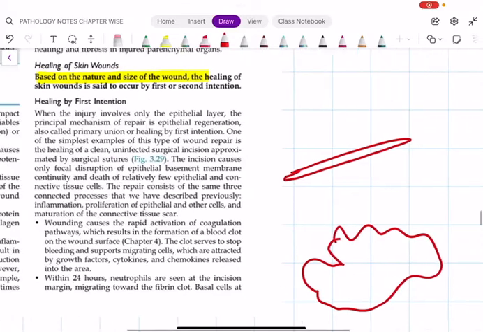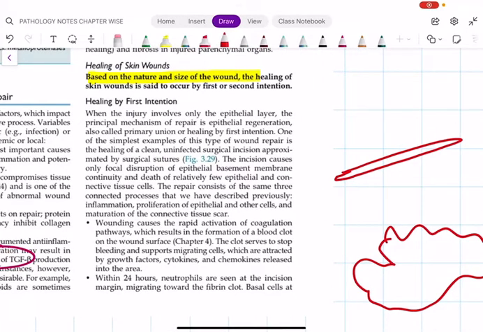First, you should understand healing by first intention. Suppose the injury is a clean incised wound, or if you want to be more specific, suppose the injury involves only the epithelial layer. How will it heal? By epithelial regeneration, because only the epithelium is renewed. There is no need for any fibrosis, scar formation and complex mechanisms here. They will mainly repair by epithelial regeneration. This is called primary intention, or primary union. One of the best examples is a clean, uninfected